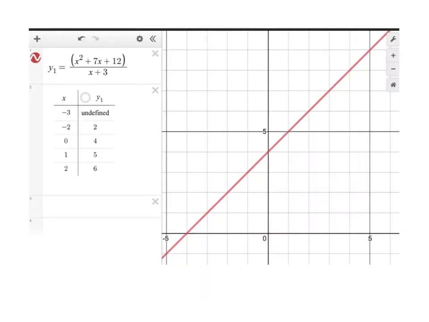Okay, here's a graph. That was the original f of x. I threw that into Desmos just to look at it. And when you see the graph of it in red there, it does look just like the line x plus 4, right? You can see the y-intercept at 4, and the slope is 1. But I also included this table of values here just so you could see what's going on. Remember we said when x equals negative 3, we have this undefined, and that's because of the x plus 3